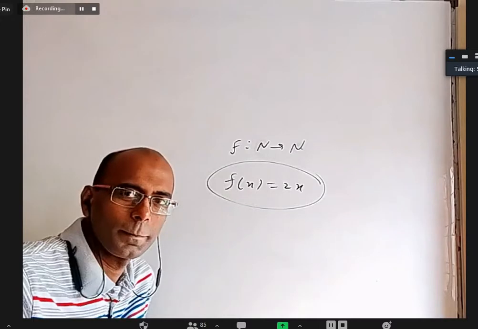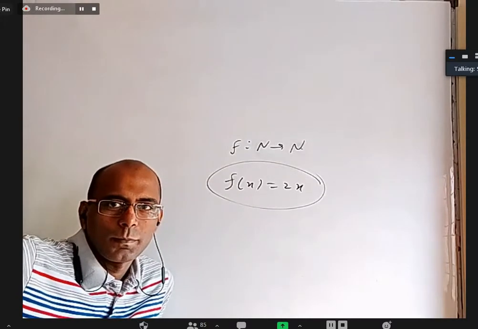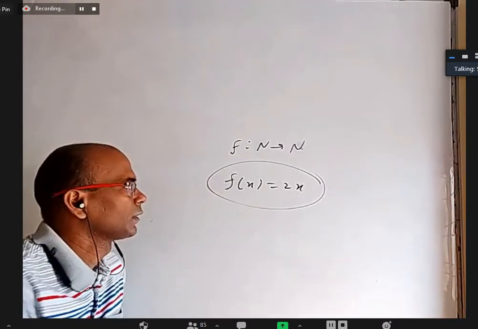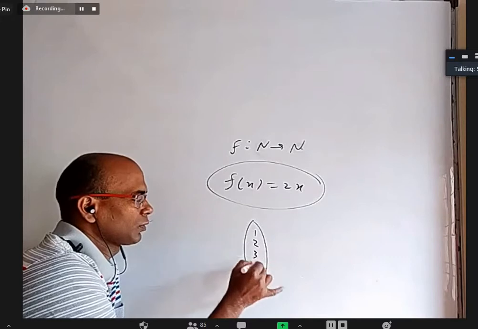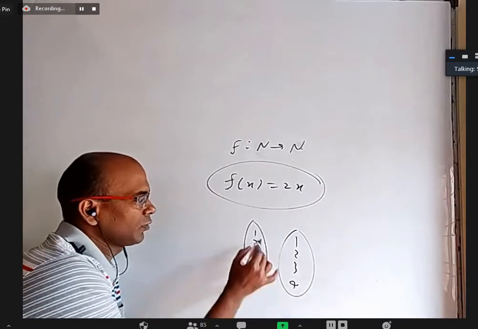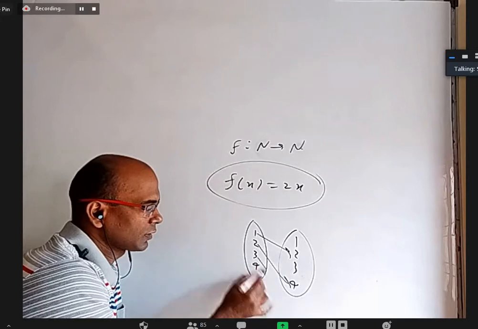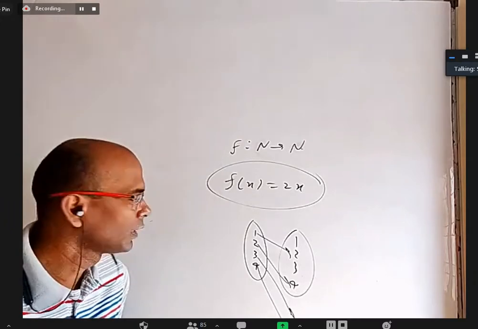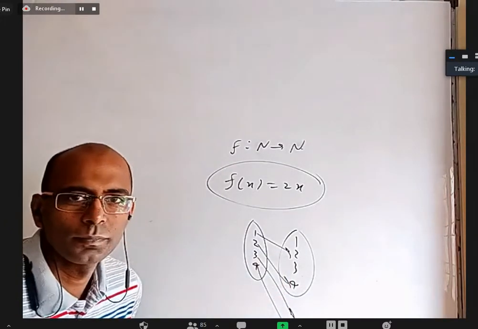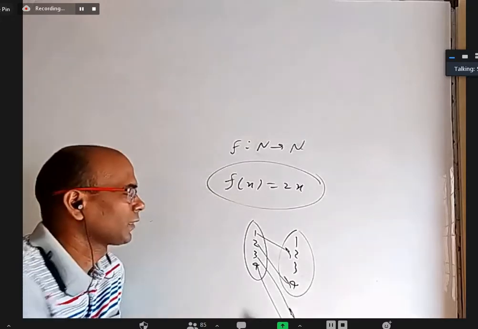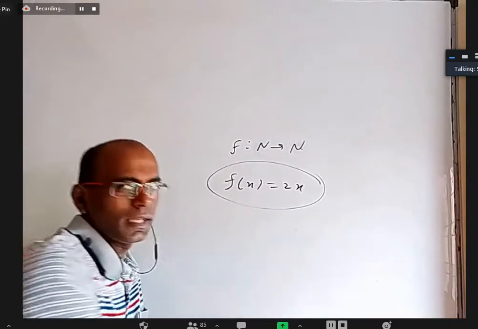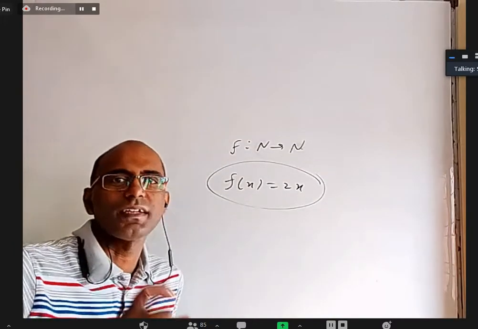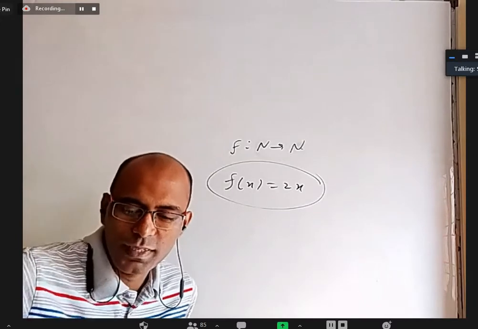Now let us see. Is it 1-1 or not? Yes. So 1-1 but not onto. If you take 1, 2, 3, 4 forever, 1 is connected to 2, 2 is connected to 4, 3 is connected to 6, 4 is connected to 8. No two numbers have the same image, right? But a lot of elements are left. Not onto. So what you said holds when A has 10 elements, 20 elements, 100 elements, 1 crore elements, but not infinite elements. A has finite elements. So now tell me, is statement A correct or wrong?